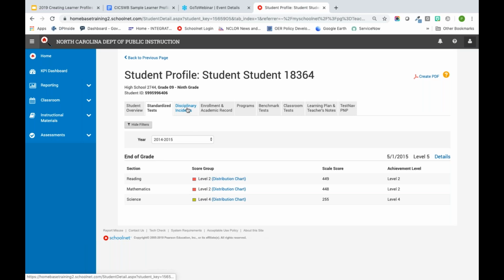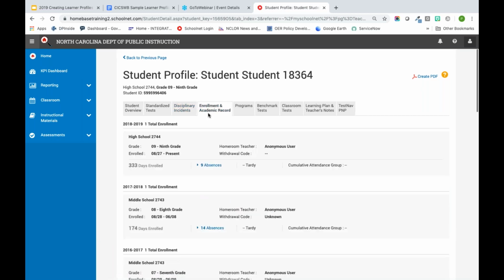Discipline incidents, you will only see that if you are a leadership level at a school. So for the school administrators that are with us tonight, you should see disciplinary information in here if there's any for that particular student. I think one of the most powerful sections for the student profile is this enrollment and